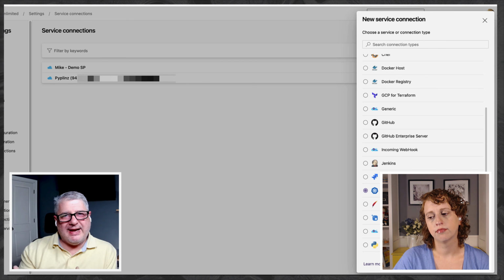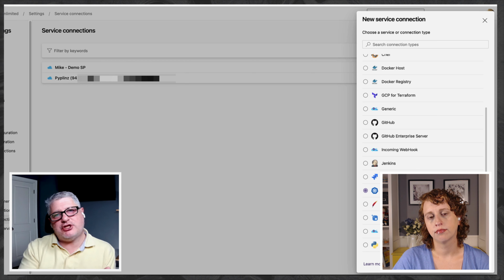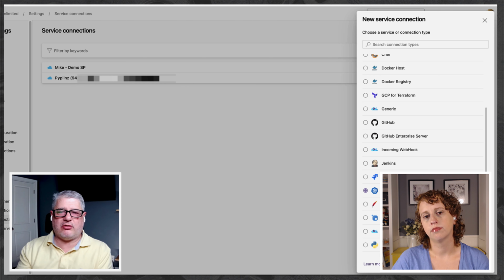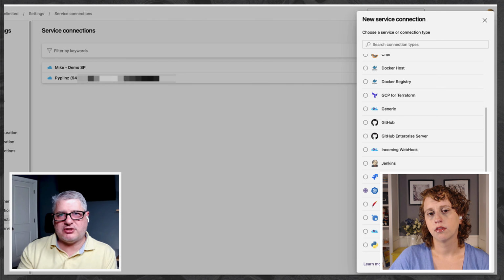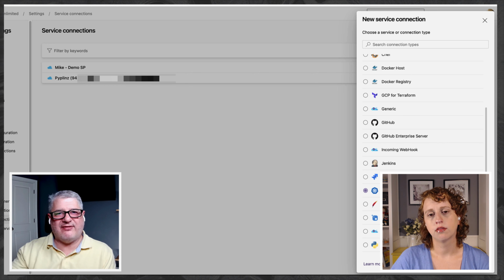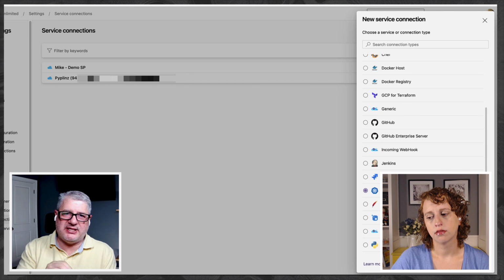So that may not sound like a big deal, but if you're building a Kubernetes environment and then you want to deploy on top of that environment the application, you have to stop and go create the service connection. Now, thankfully, there are a whole host of APIs that you can call. You can command line this and script it out also to go create that service connection. But it's another step. So you can't create that service connection and then have it forever, because it's tied directly to that Kubernetes instance